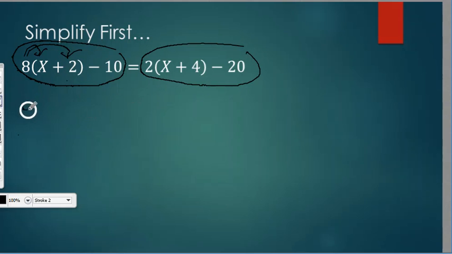8 times x is going to be 8x plus 8 times 2 is 16. Then we still have our minus 10. Now from there, we can continue to simplify that left side. You guys can see that positive 16 and negative 10, those are like terms. They're both constants. So we can combine 16 and negative 10 and make that 6. So on the left side, when we simplify, we have 8 times x plus 6 equal to